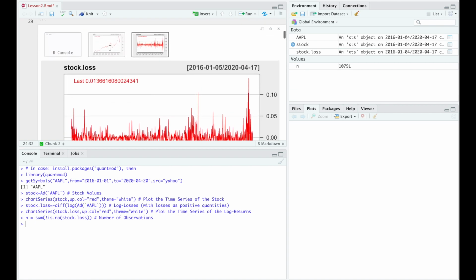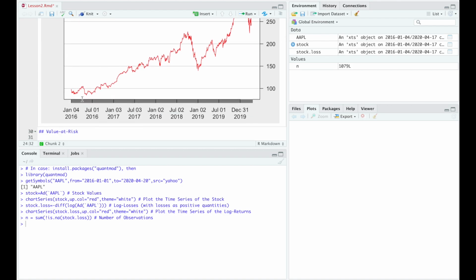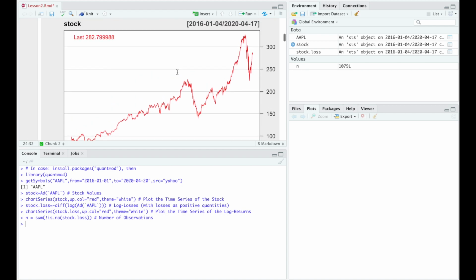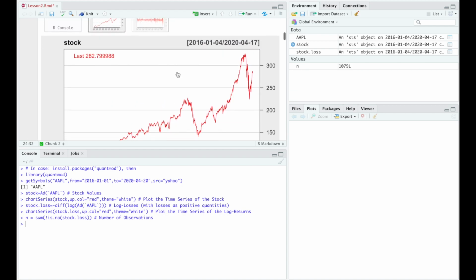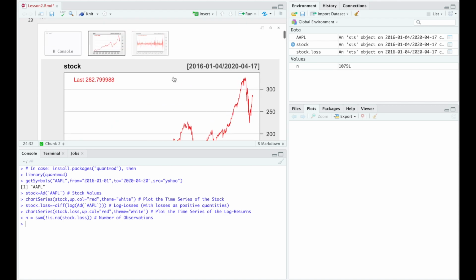So this is the first graph. It's the behavior of the stock over time, and we see that there was a clear increase in the value of the stock, naturally, with periods in which the value went down, but all in all, there is a quite clear increase in the stock. After that, we can compute the